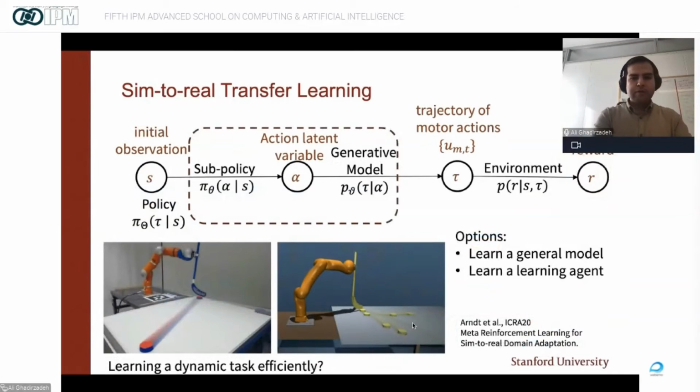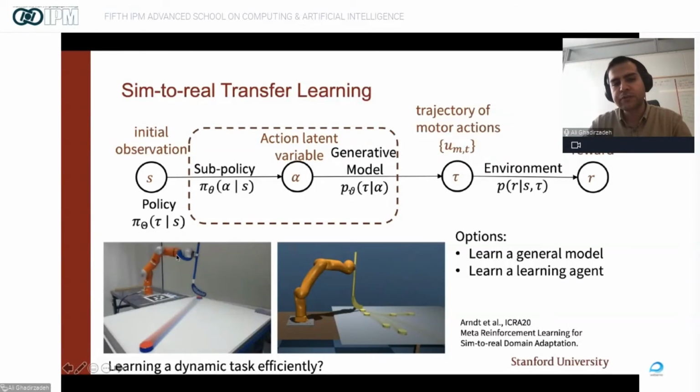Okay, great. So far, I have talked a lot about how you can do reinforcement learning using generative models. The next thing I want to talk about is the advantage of meta learning for data efficient robot learning problems. The first thing I want to start with is the problem of sim to real transfer learning. So the question is that